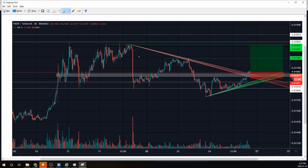We see the anchor point, which is right here, and then we see the first touch, and then we see a second touch with a very aggressive move to the downside after that second touch was rejected. And then we see a bit of hesitation before the price is moving up to the upside. We see a nice wick with the sellers pushing the price right back down, and then the candle after definitely took charge for the bulls and pushed the price right up above our rejection zone,